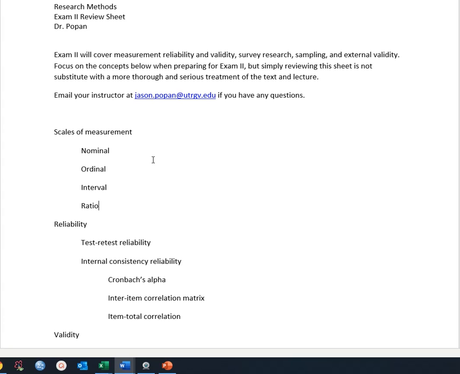Ordinal variables, on the other hand, are ranks, so rank-ordered data, like finishing position in a race. Interval variables are typically more or less continuous variables where the intervals between equally distant points on the scale have the same underlying difference in terms of the construct that's being measured. Something like a temperature scale is an interval measure, where the difference between 10 degrees and 20 degrees is the same as the difference between 90 degrees and 100 degrees. Now subjectively that may not feel true, but